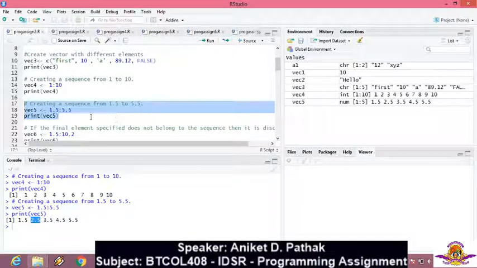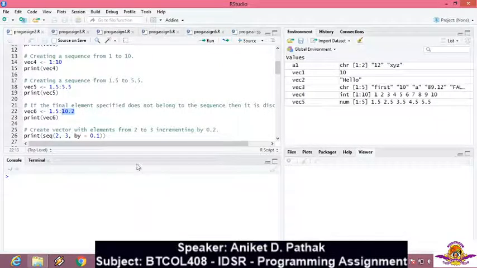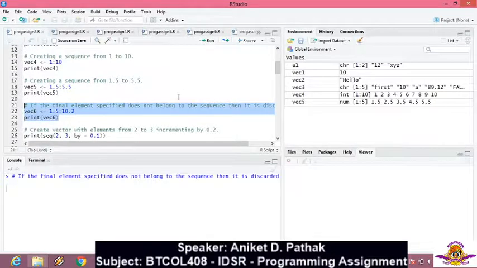Okay, and what if, beginning from 1.5, we go to 10.5? It's possible, but your last limit you have given is 10.2, so where will it end? Will it end at 10? No, the answer is it ends at 9.5. To view this, let's clear the console, select those two lines, and let me try to execute it.